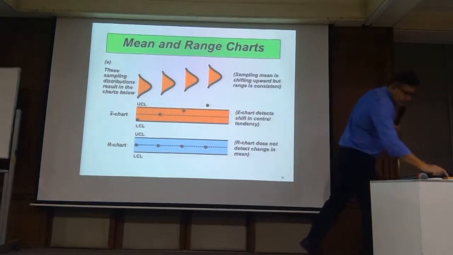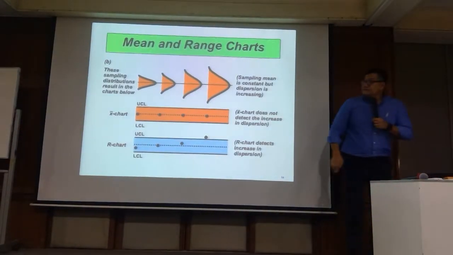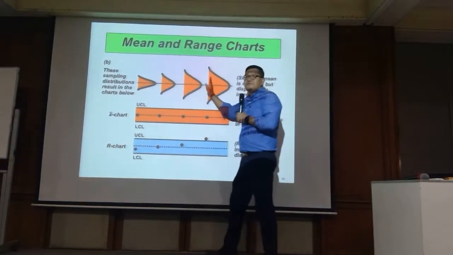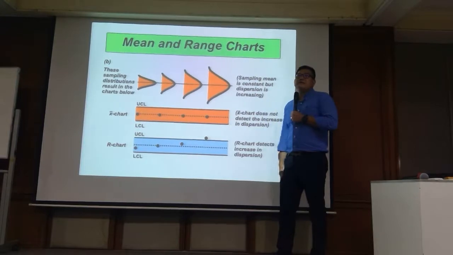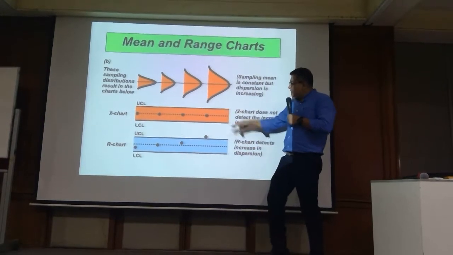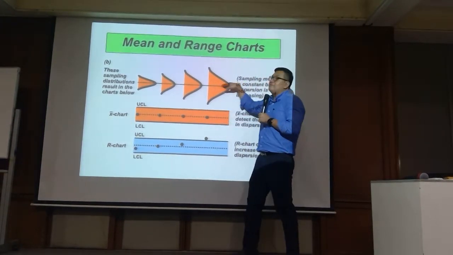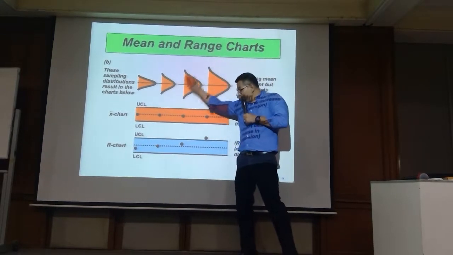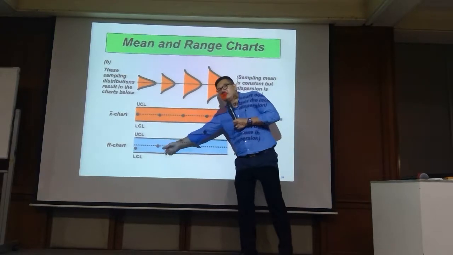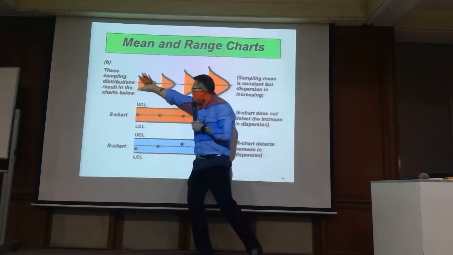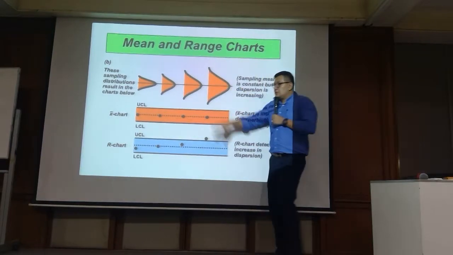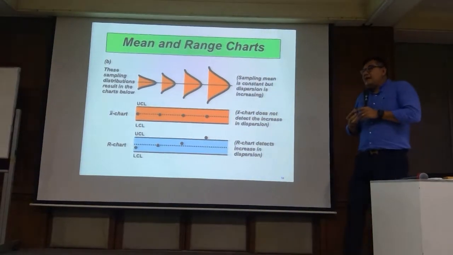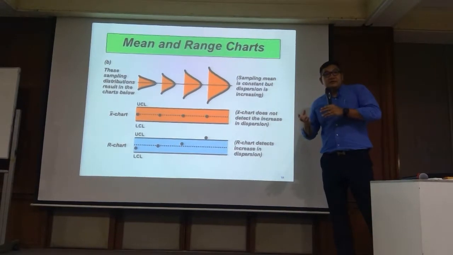But for this case, the mean is the same, but you have a difference in the dispersion of the distribution. If you're using X bar, it shows in control for sure because the mean is quite the same. But it can detect that this process is out of control by using the R chart because the dispersion is not the same. So that's why for variable data,